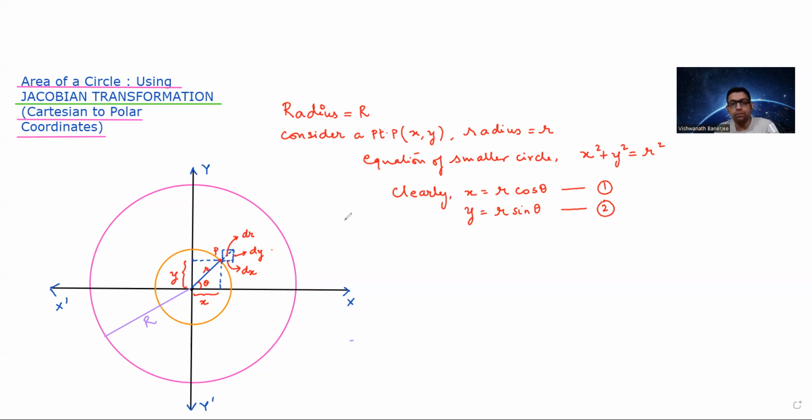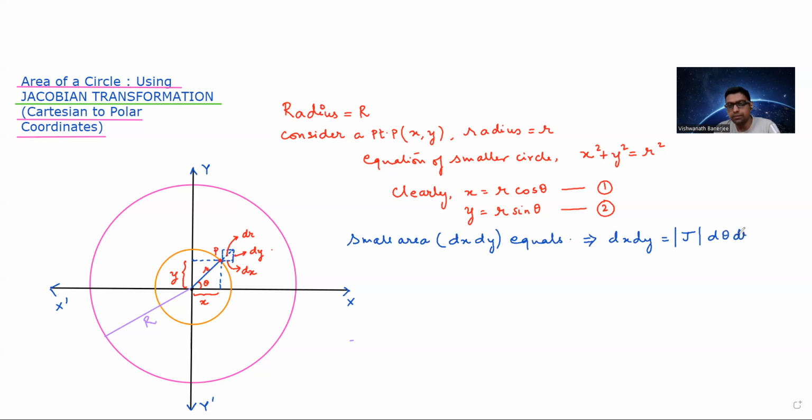So the small area, which is dx times dy, we can write dx dy as Jacobian